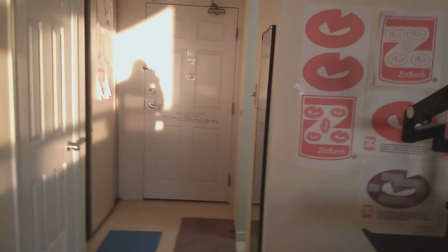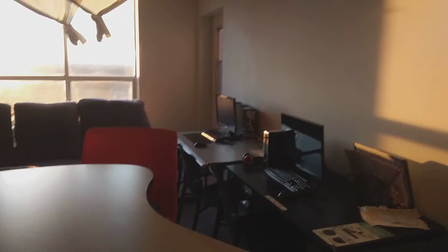So you can see I just came back from depositing this money. I'm not yet organized, guys, and I will be back in my office. So that is my office, you can still remember it there. Okay, so